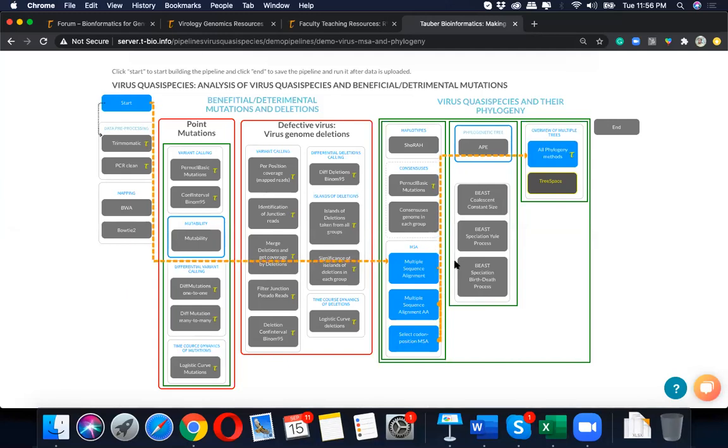Talking about algorithms, there are many different ways to do phylogenetic analysis. They are designed for different purposes. The BEAST algorithm uses the Bayesian analysis model.